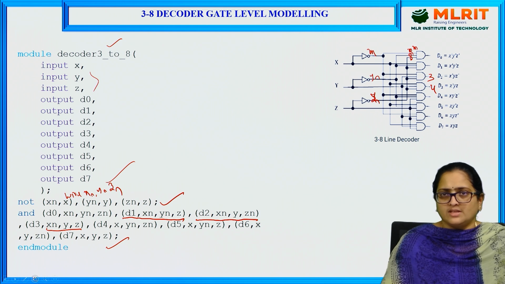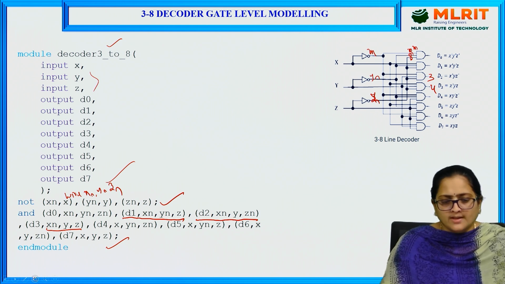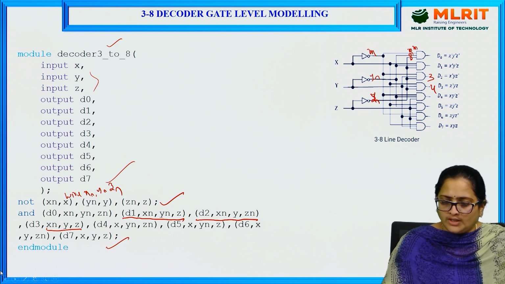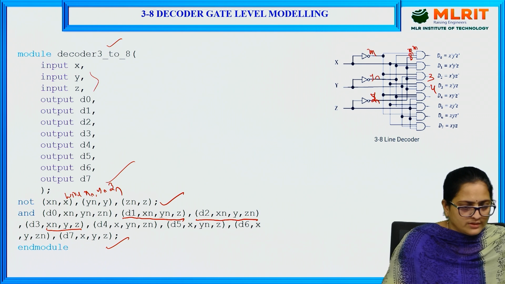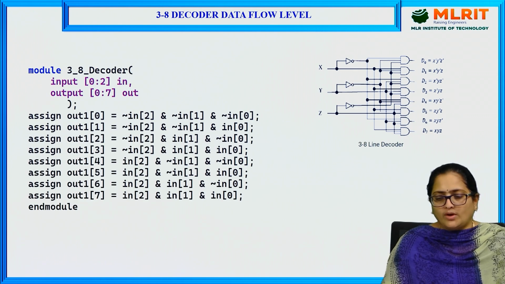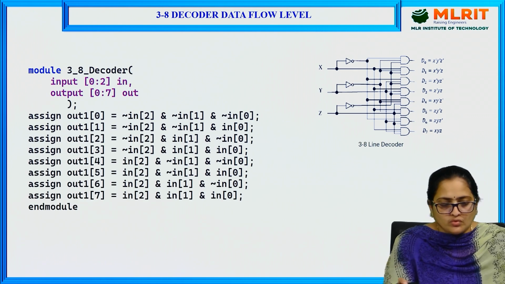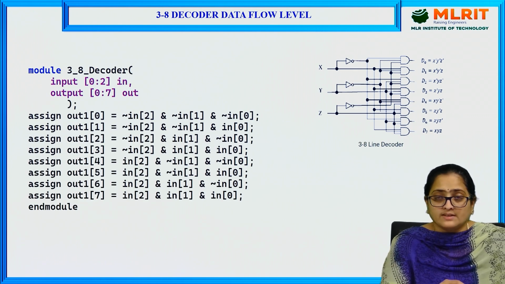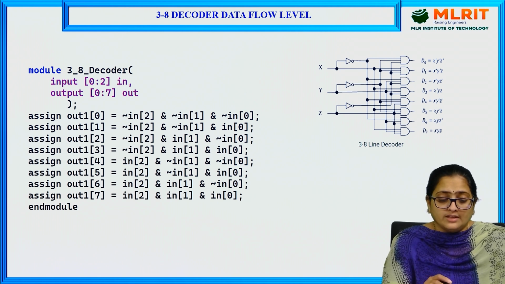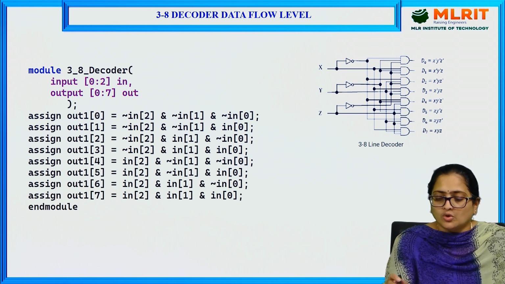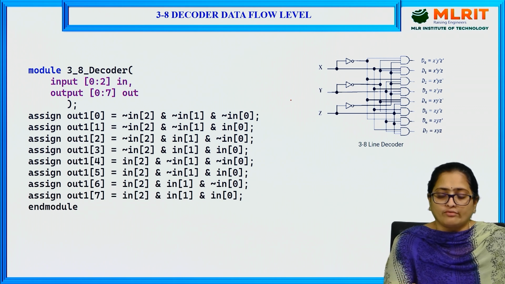The first level is the behavioral level, where you use a case statement and are done with the Verilog code. And here is how to write a 3 to 8 decoder for gate level modeling. Primitives can be used to write the gate level modeling. The next level is data flow modeling. The same circuit can be used to write the data flow modeling. That is the reason why we say the data flow model and the gate level model resemble the circuit. So based on the circuit, you can write Verilog code for data flow also.